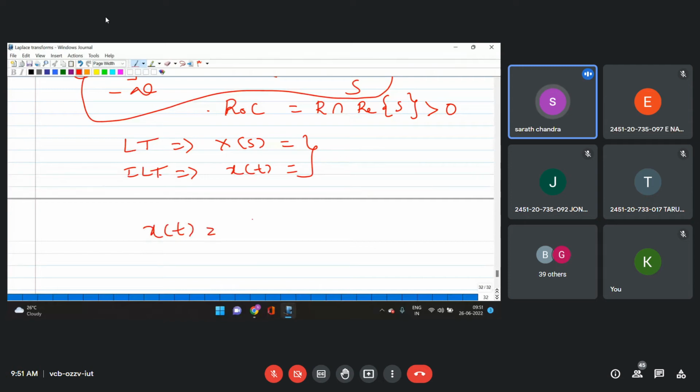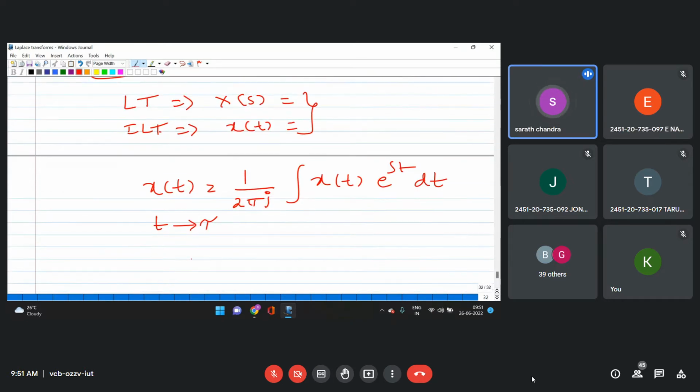x of t equals 1 by 2 pi j times the integration of X of s e power st ds. This is what we have. So if I go with this, what I'll do is exchange these, interchange t and tau. So I'll replace t with tau at first step, so that I'll get x of tau here, right? And this will be 1 by 2 pi j times